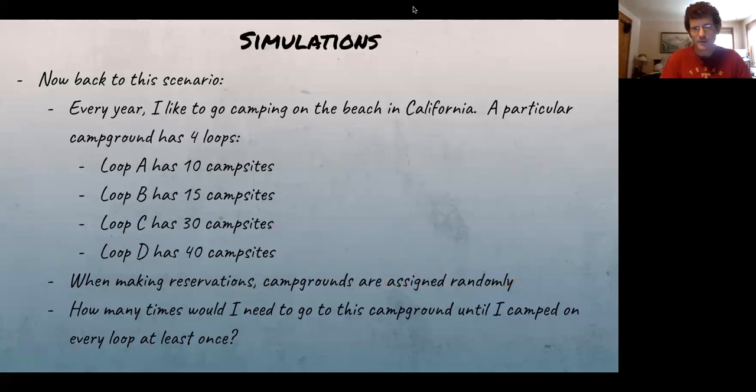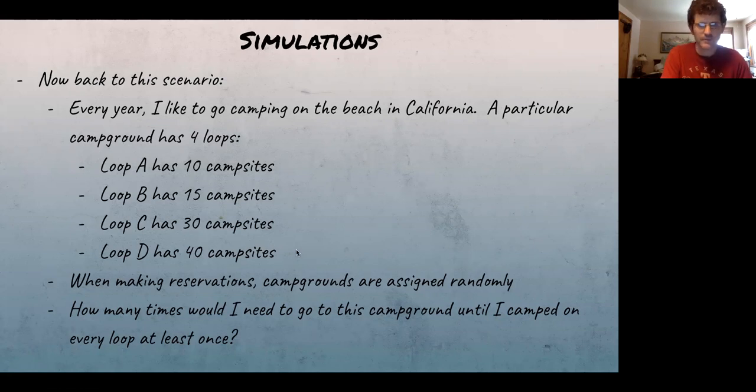Now it's unlikely to work that way. So how many times do I have to go? That we don't know, okay? And if we did this over and over again, we might have to go a different number of times. Maybe one time I get it in 4, I go 4 times, I stay in all 4 loops. But then another time I stay in loop D because it's the highest probability. I stay there like 5 times in a row before I ever go to a different loop, right? So anyways, what we're looking for is a way of simulating what happens without having to go repeatedly and just